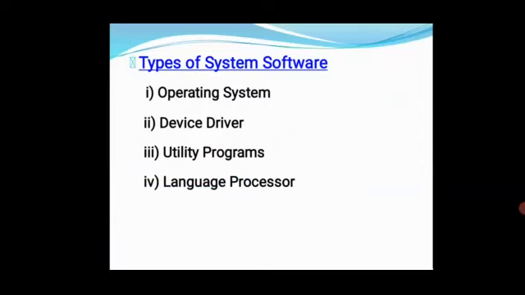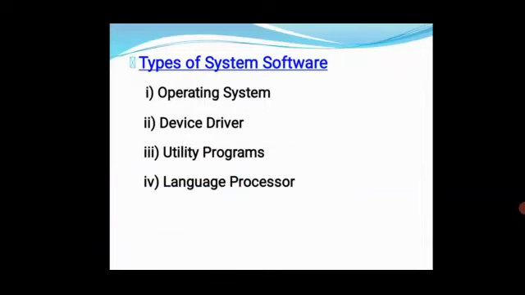What is meant by system software? System software is one type of software. It is designed to run a computer's hardware. I said, student, after purchasing the hardware, if you are not installing any software, you can't work. Isn't it? Without installing any software, the computer looks like a toy computer. After installing software only, you can work on the computer.